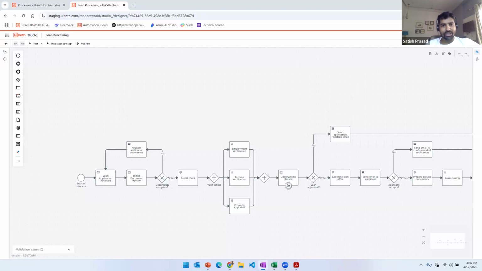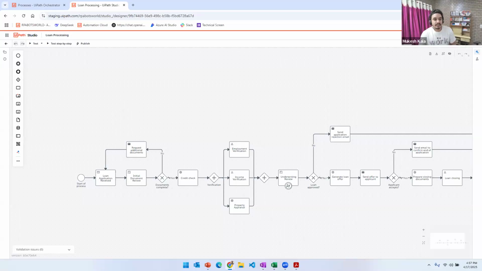But there is a concept called transaction. There are concepts called pool, which represents a major participant in a process. Inside a pool, you can create a transaction, event-based sub-processes, and a lot of complications you should be able to build into this. But for the sake of simplicity, yes, there are best practices. I also know that the UiPath product team is building some templates utilizing all those best practices. So my ask would be, before building your own process, go and look at how the UiPath team has created those templates, so you understand what best practices you should be following.